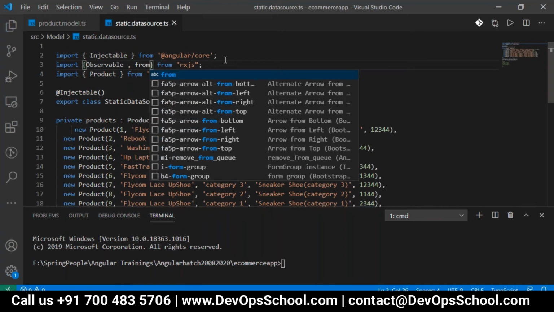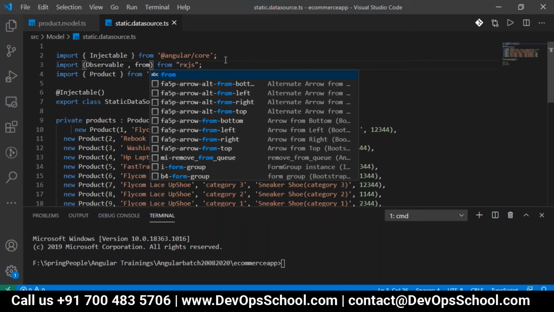Okay. So why is it observable, or what is the observable for the services? When you work with any HTTP service, all the HTTP service methods will return the type of observable itself. That observable is based on the PubSub module.